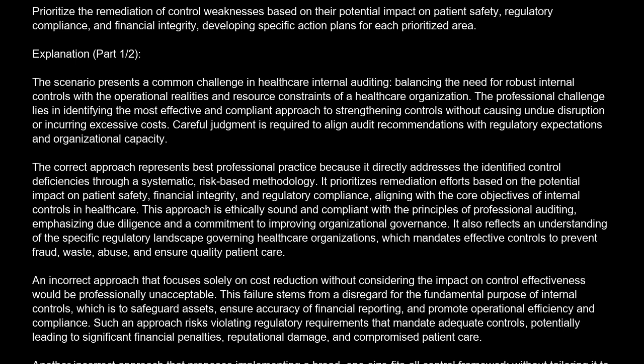An incorrect approach that focuses solely on cost reduction without considering the impact on control effectiveness would be professionally unacceptable. This failure stems from a disregard for the fundamental purpose of internal controls, which is to safeguard assets, ensure accuracy of financial reporting, and promote operational efficiency and compliance. Such an approach risks violating regulatory requirements that mandate adequate controls, potentially leading to significant financial penalties, reputational damage, and